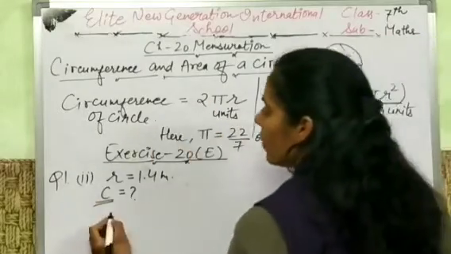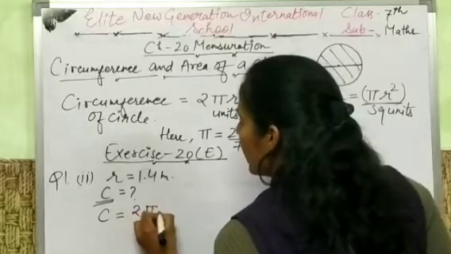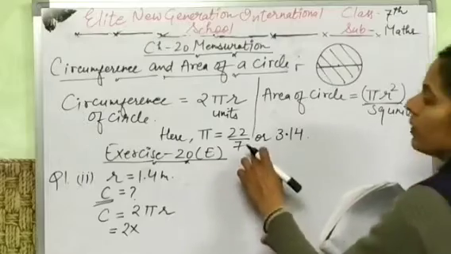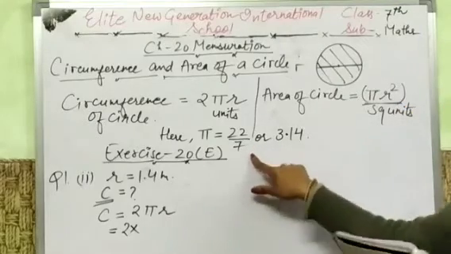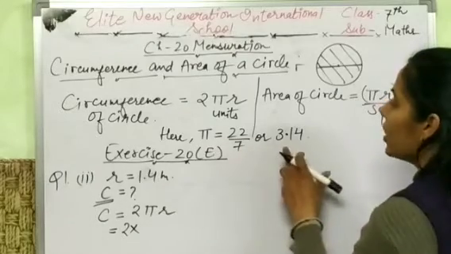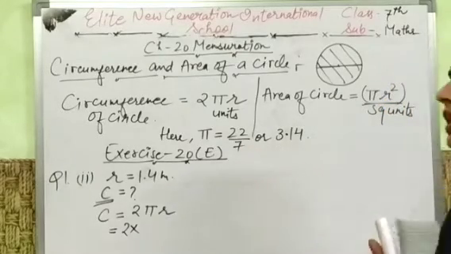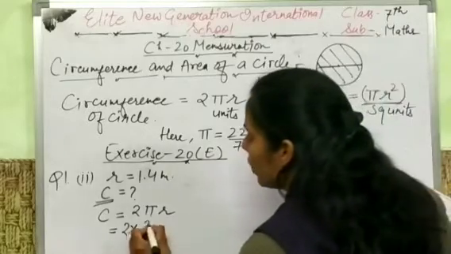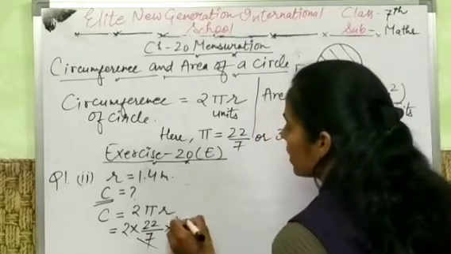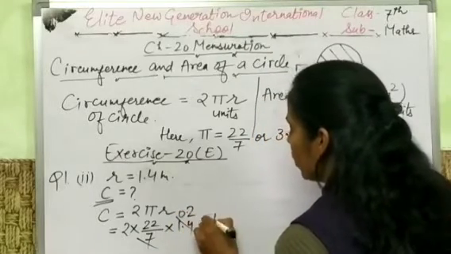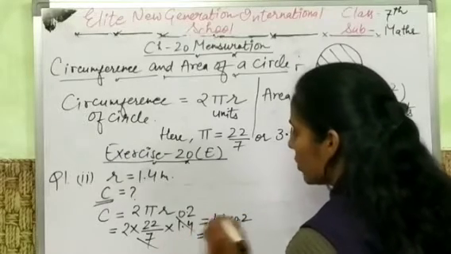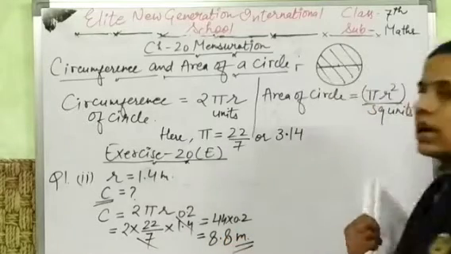So here the formula of circumference of a circle is equal to 2 pi r. Let's put here the value of the radius, 2 into, and pi generally we always take this value, 22/7, to solve the questions. If in any question it is given that you have to take the value of pi as 3.14, then you have to take it. Otherwise you can easily take 22/7. So 2 into 22/7 into 1.4 and just solve it. 0.2. So here 44 into 0.2, which is equal to 8.8. Okay, 8.8 meters. This is the answer.